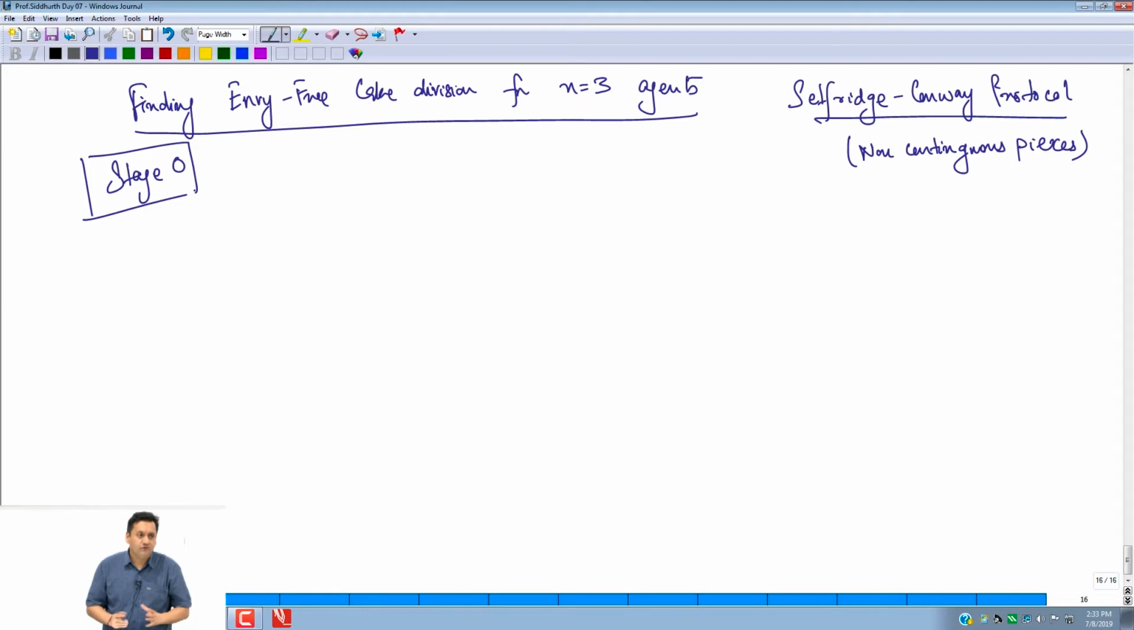So again, I want to find a partition of the cake, now not necessarily into 3 intervals, more than 3 intervals, such that if I give particular unions of intervals to individuals, I achieve NV freeness. So it is in that setting. So what I'll do first is I'll ask, so I have 3 agents. So I'll ask the first agent